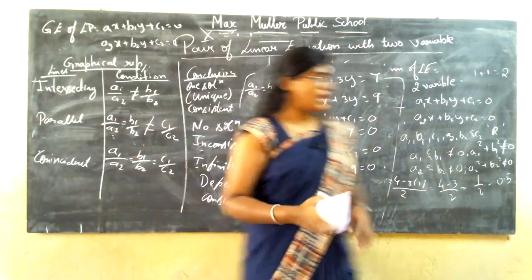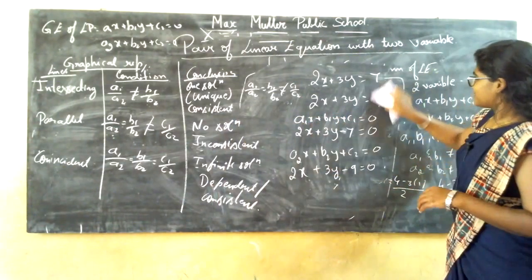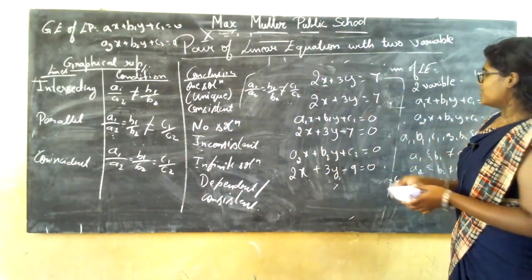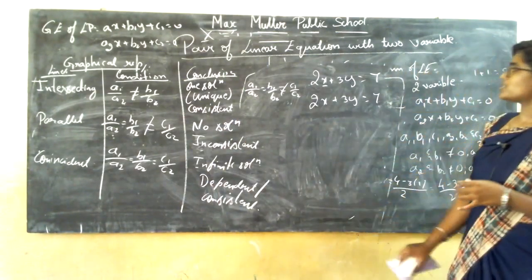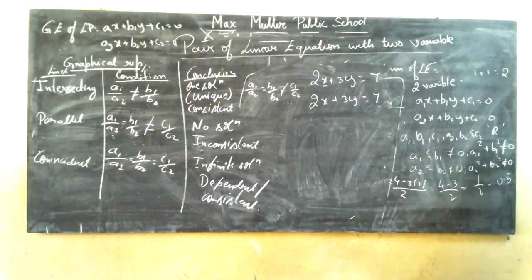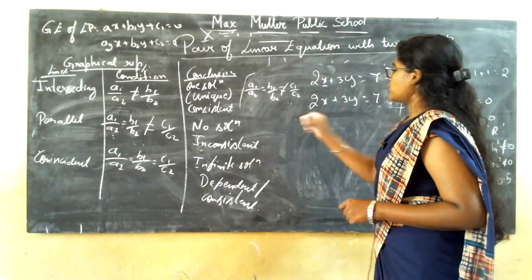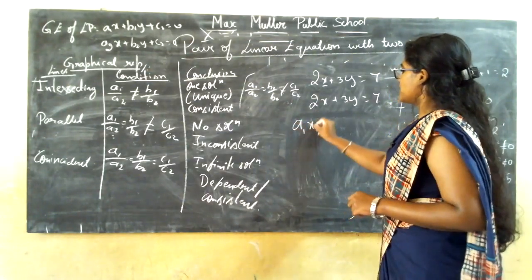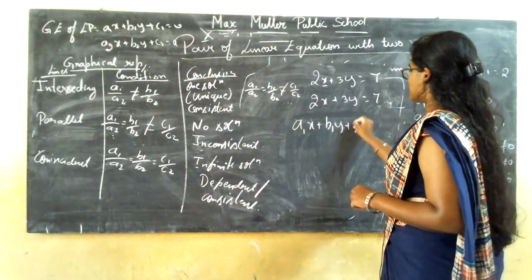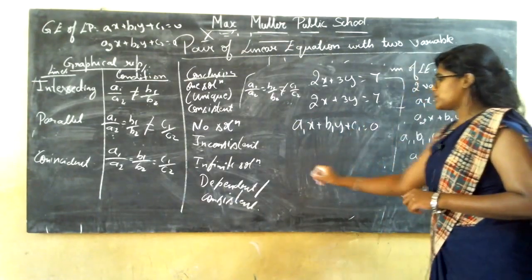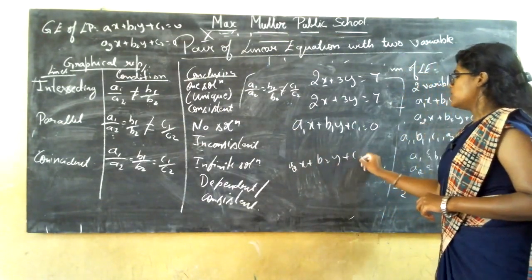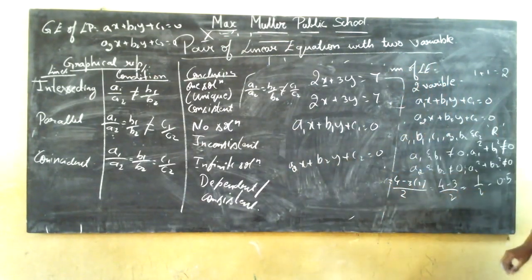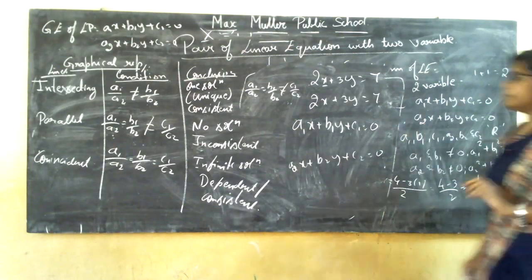For the coincident line, the example is, I'll change here itself. So what is the linear equation they have given for us? It is 2x plus 3y is equal to 7, and another equation is also 2x plus 3y is equal to 7. What is the first thing you are going to write? You are going to write the general equation, that is a1x plus b1y plus c1 is equal to 0. And what is the general equation of the next line? It is a2x plus b2y plus c2 is equal to 0. These are the two general equations you should remember.